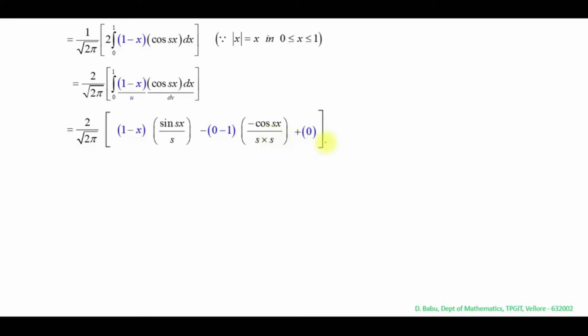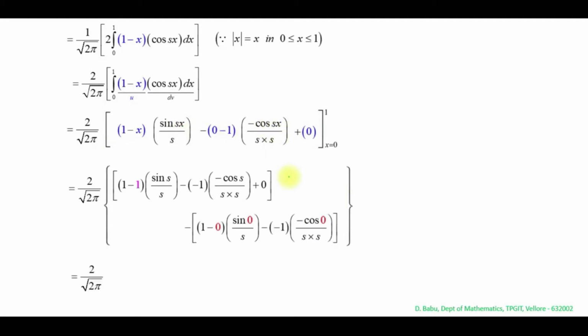Apply the limit x equal to 0 to 1, which is equal to 2 divided by square root of 2 pi. Apply the upper limit x equal to 1. So here x equal to 1, here x equal to 1, here x equal to 1. So this is 1, sin s into 1, sin s, cos s into 1, cos s. This is upper limit minus lower limit. So for the lower limit we substitute x equal to 0. So this is 0, this is sin 0, this is cos 0,